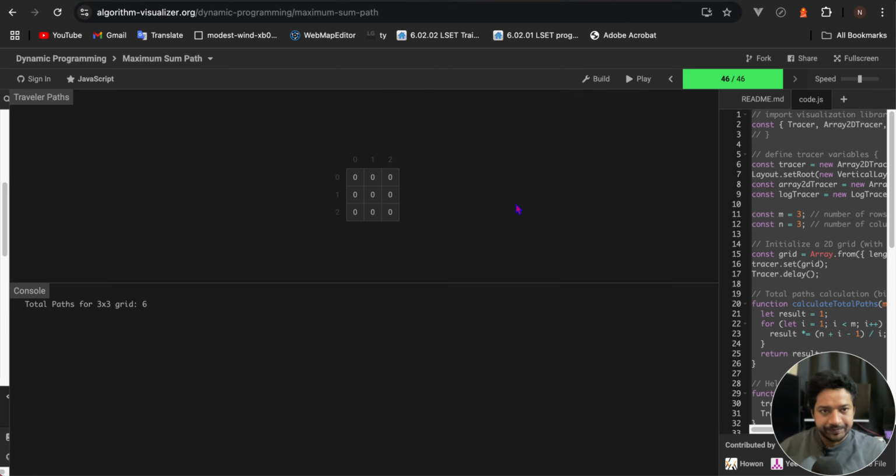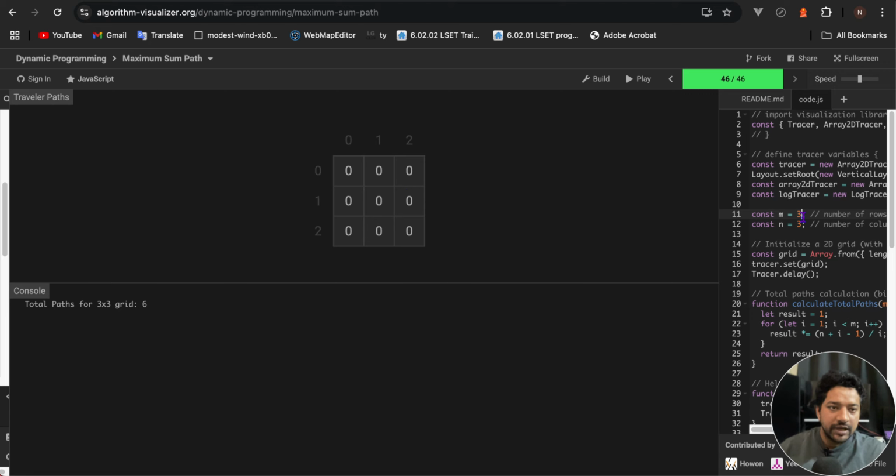So here this is a 3 into 3 grid, so you'll start from here, 0 comma 0, and you have to reach 2 comma 2. So how many possible paths? So first we'll understand with